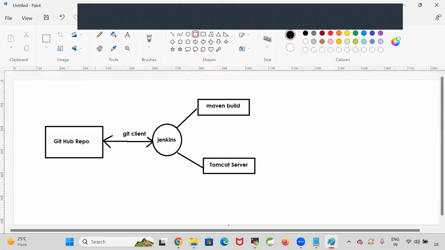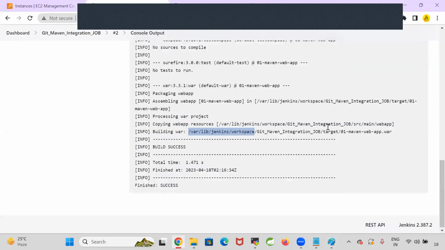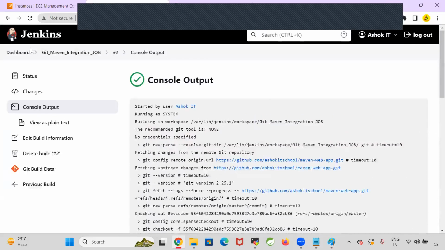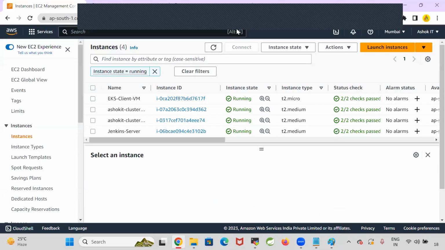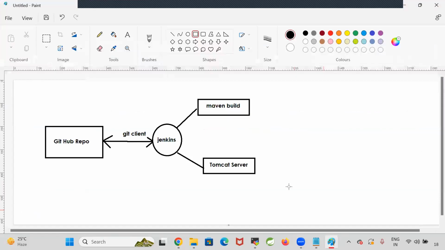So with this, we are able to create a Jenkins job that takes the code from the GitHub repository and does the Maven build. Now we need to deploy our war file into the Tomcat server. Tomcat is a web server which is used to run our Java web application. In this machine, currently the Tomcat server is not available. I need to create one more machine and install the Tomcat server on it. Then my Jenkins will take the code from GitHub,